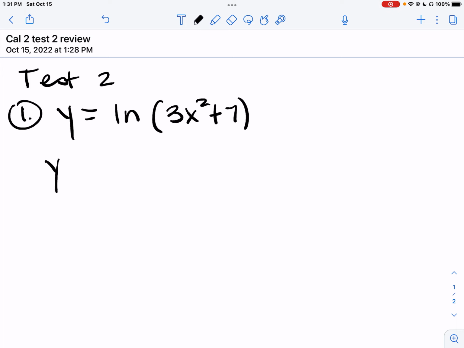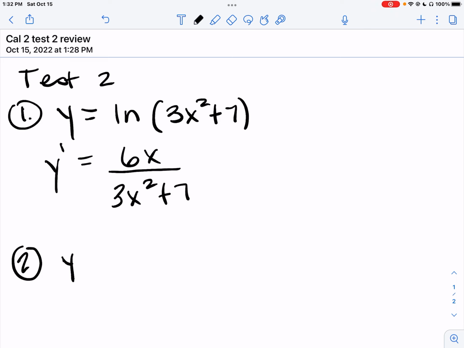To find the derivative of ln, you take the derivative of what is inside the parentheses and write it over what's inside the parentheses. The derivative